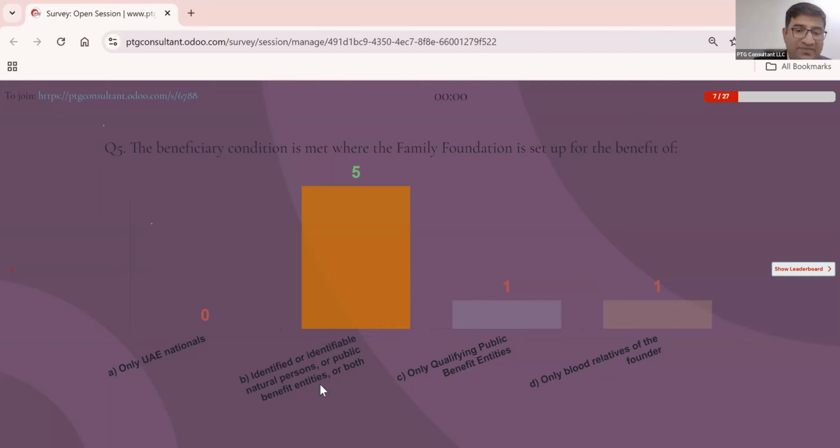The public benefit entities, we know most of them, and in terms of VAT we are already familiar with public benefit entities. There are again two conditions. Some of them are listed in the FTA list, and some of them are not listed. Then again there is a further definition, so we will dive into that also.